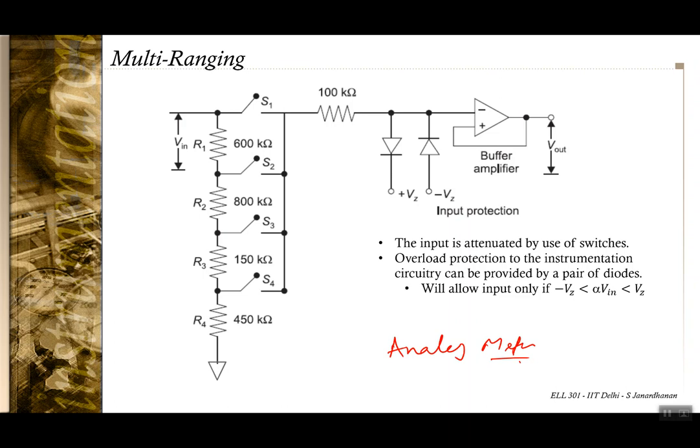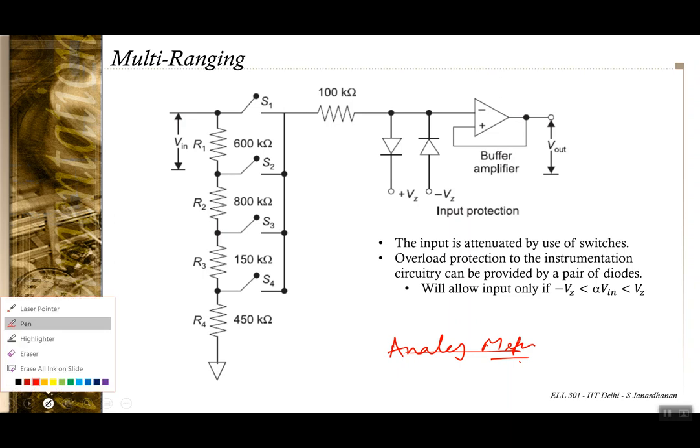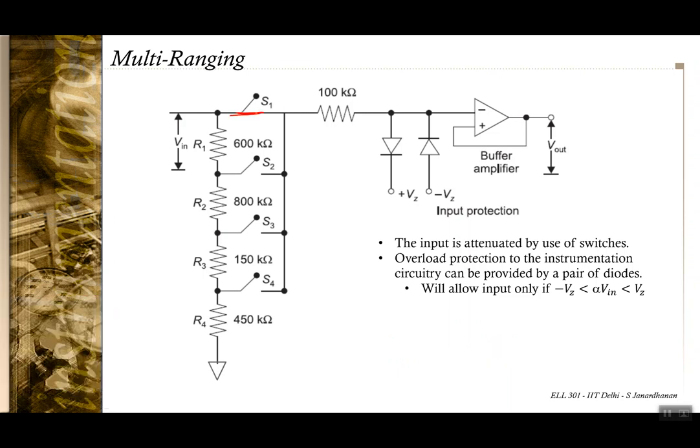Here we have configured it such that if the switch S1 is closed, then you have a 2 mega ohm resistance here, and that is passed through this buffer amplifier. Now if you change from S1 to S2,